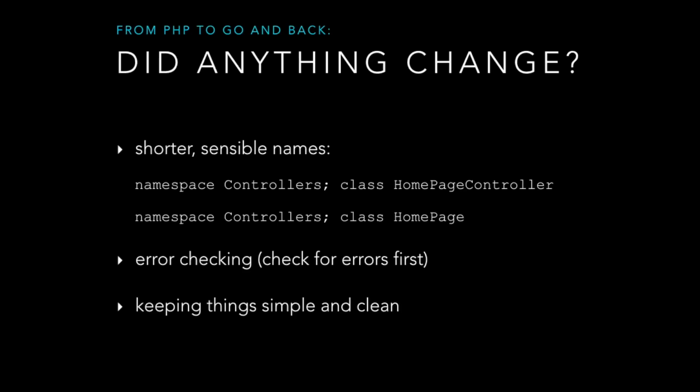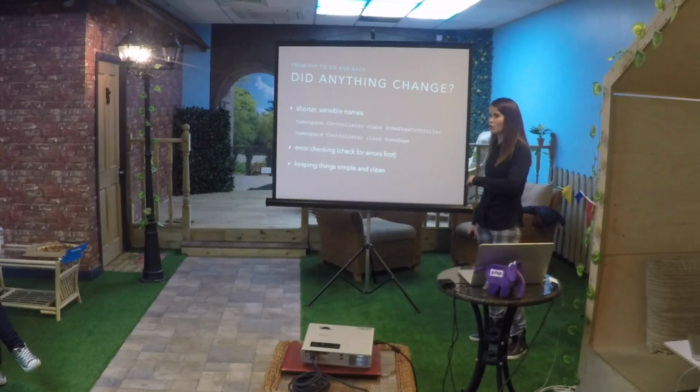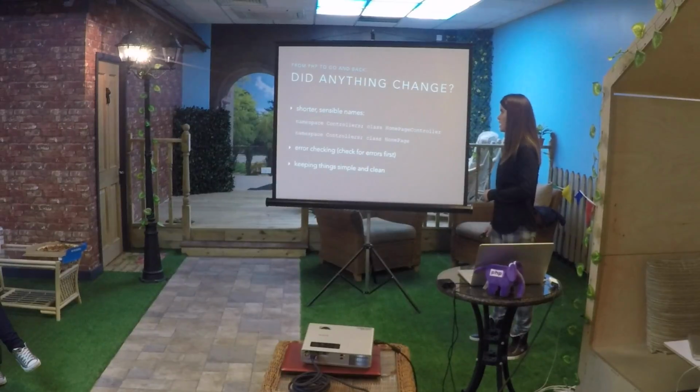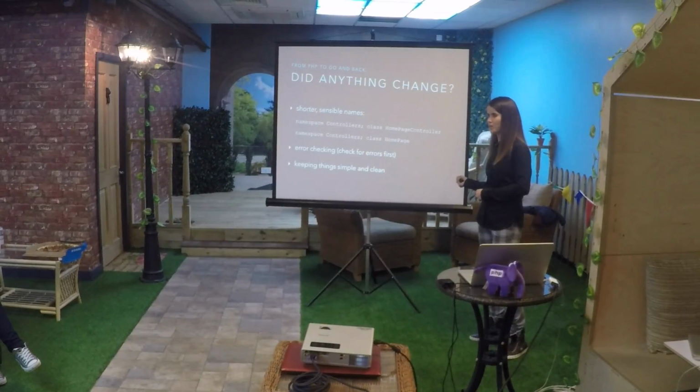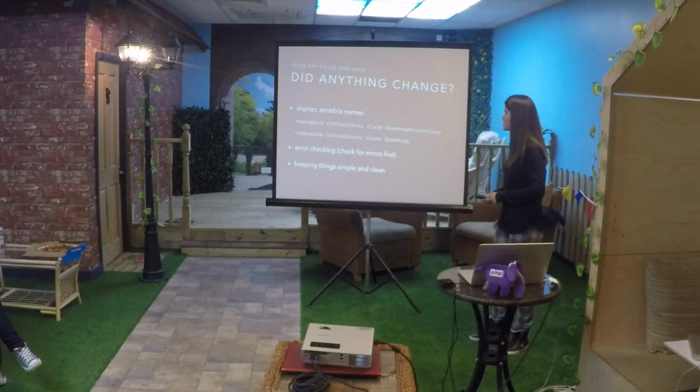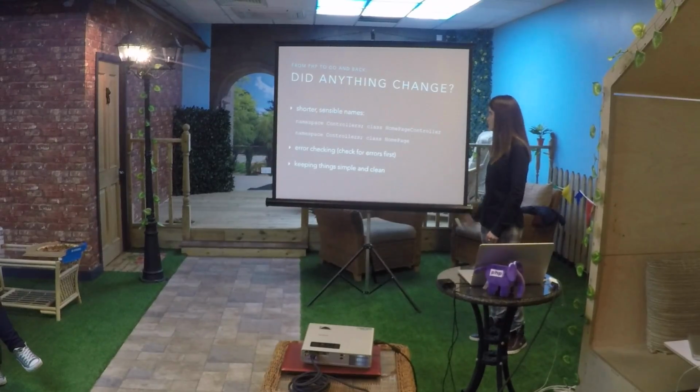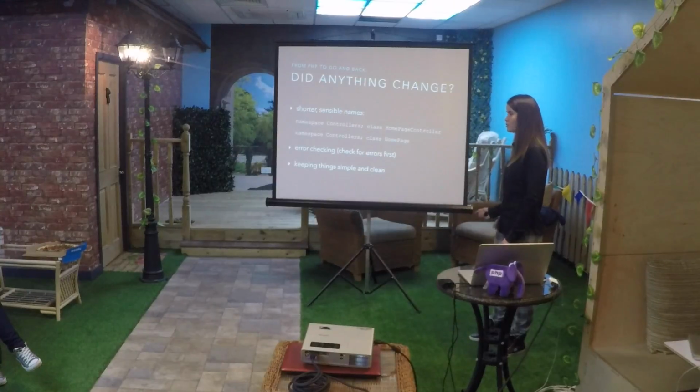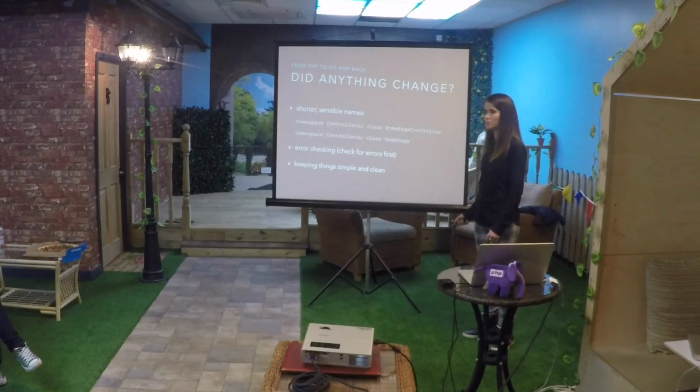And then this was kind of interesting to think about: what changed in my coding now that I've been in Go and keep coming back to PHP? I definitely did start doing things that I didn't do before, and that's thanks to Go's influence. I started paying attention to naming. Go is really picky about naming, and they put an emphasis on using very short but descriptive names. So what I would do before is have namespace controllers and class homepage controller. And then Go would go, hang on a minute, it's in a namespace controller, so you know it's a controller, so just name it class homepage, right? It's kind of obvious, but Go really enforces this with packages and stuff, to the point where the linter will issue a warning if you do something like that.